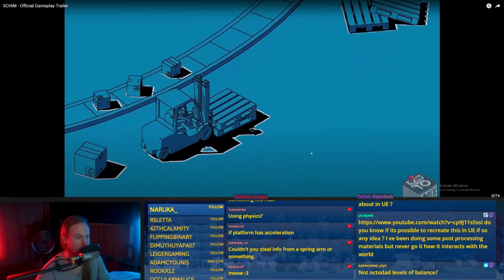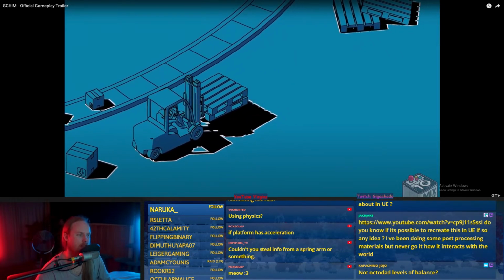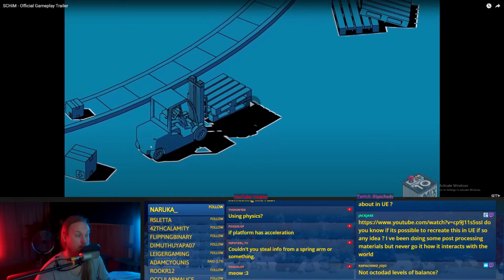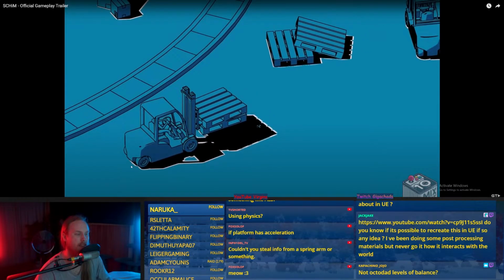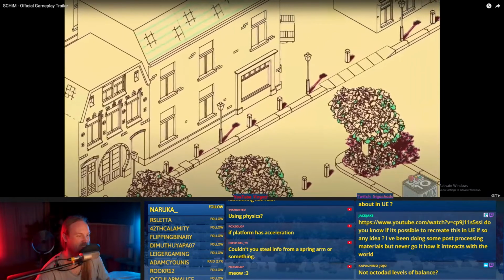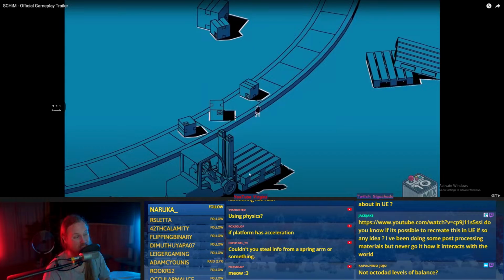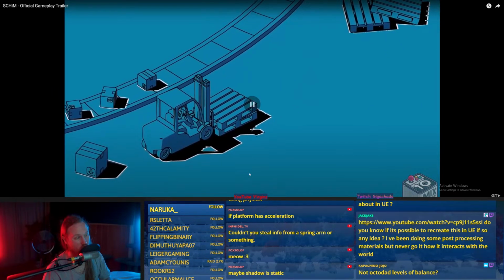Ooh, actually, trying to think how the outline of the shadows doesn't overlap with the other stuff. Oh, no, I guess you could just mask that outline. No, but then how would you get it? You'd have to do, like, depth stuff. Well... It's an interesting one.